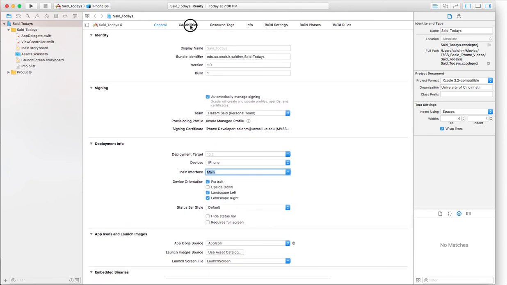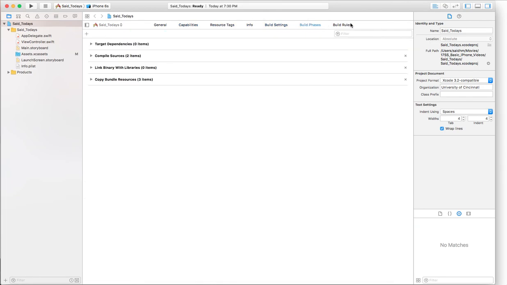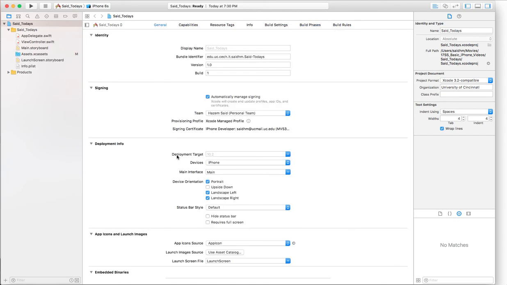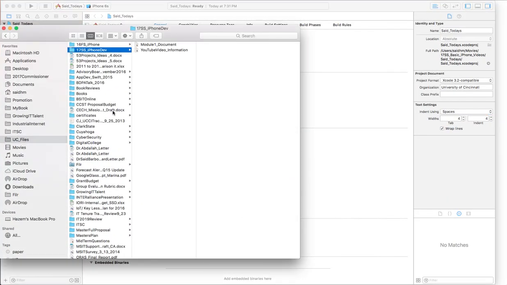There are several other configurations that you can browse, and you will learn about as we go through. This is a little bit advanced for our level as beginners. We're going to focus more on the simple general configurations as well as developing an app. Before I go into developing an app, I want to show you on your file system what happened. Where is the project? So if you browse back to your application,